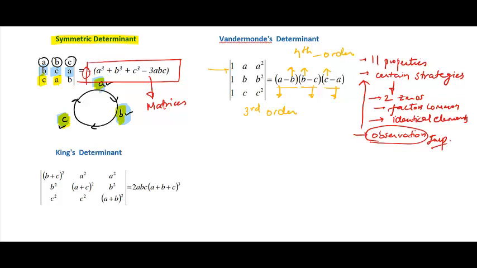And then obviously the third one, the question that you solved yourself, is called King's determinant. Learn this value. हमने देखा था this requires actually 6 to 7 transformations to arrive at this particular stage. So it makes sense that we learn this as a direct formula. So our toolkit will now comprise of 3 standard determinants also.